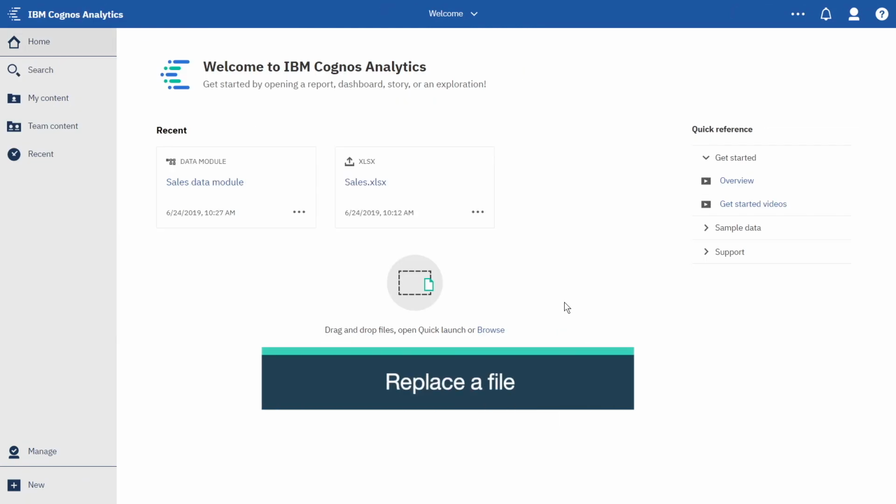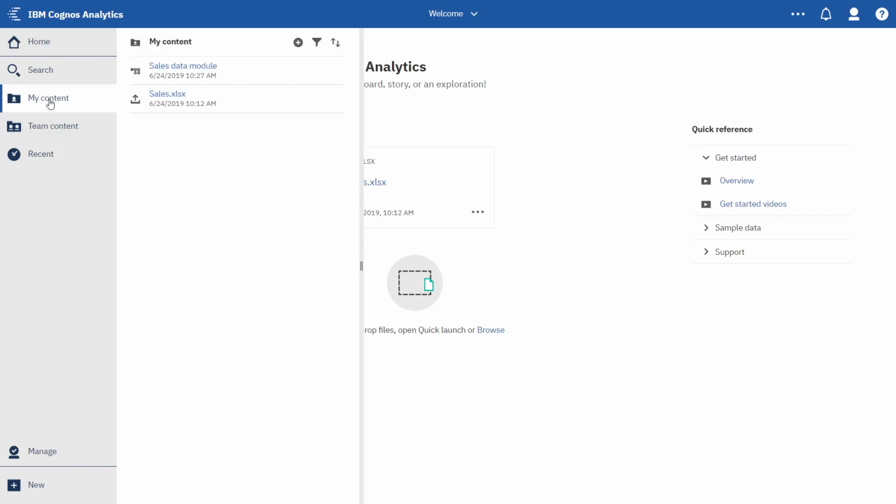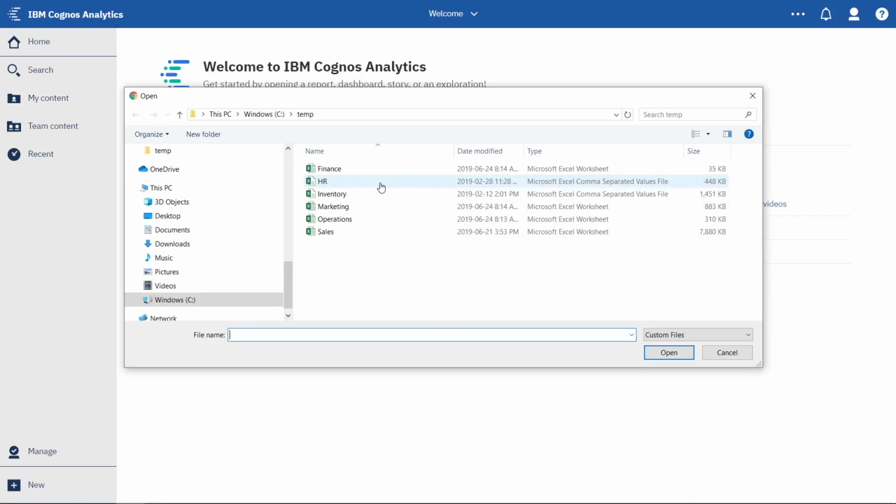Suppose sometime in the future we add new data to our sales.xlsx file. We can replace the original file with our new data by opening My Content, clicking the More icon beside the file, and selecting Replace File. Select Sales, Open,